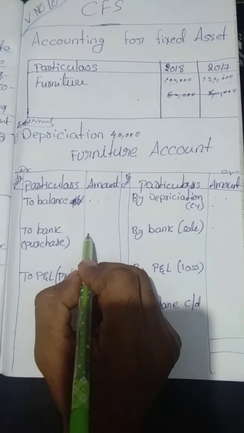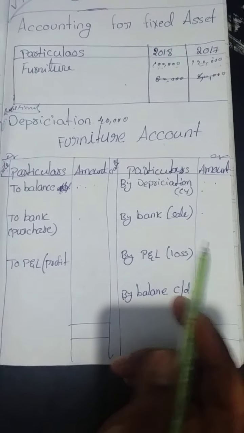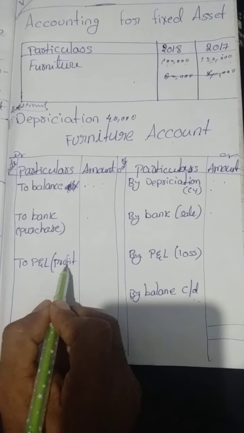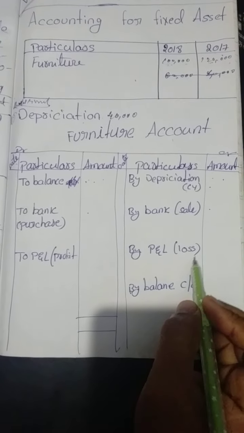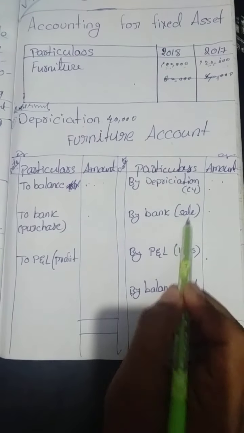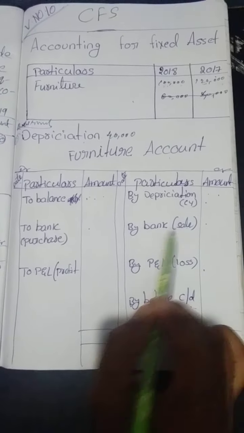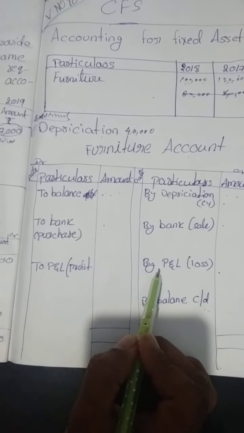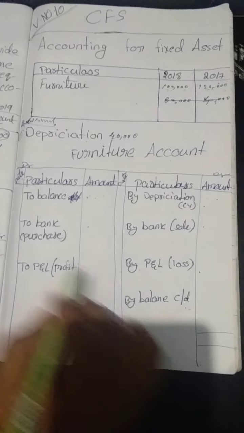Then the amount we can record here on the purchase side. And through that, if there is any profit or any loss, if profit comes, that profit we will record here, and if loss is there, we will record that loss on this side. You have to understand that either sales or purchase will come, both will not come. Most probably only one item may come, and in this case also profit and loss will not come at the same time, only one item will come. I hope that you are clear on this.